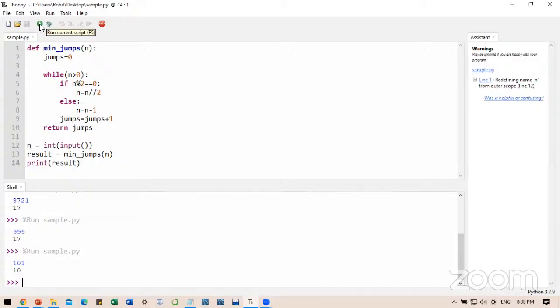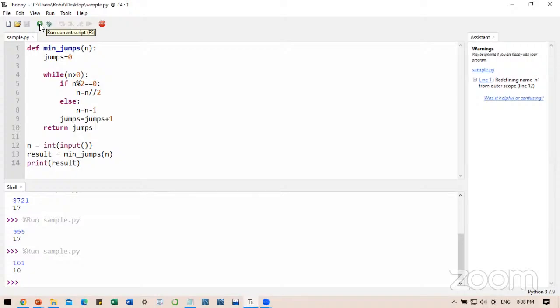So as per the code, I will first give you the overview of the code and then we will take one test case to dry run this. So we have defined a function which is called minimum jumps, which is accepting an integer value n as the input. We initialize the jump variable to 0 to keep the track of the number. Means actually it is acting as a counter. How many jumps you have made, that counter we are maintaining, that tracking we are doing.